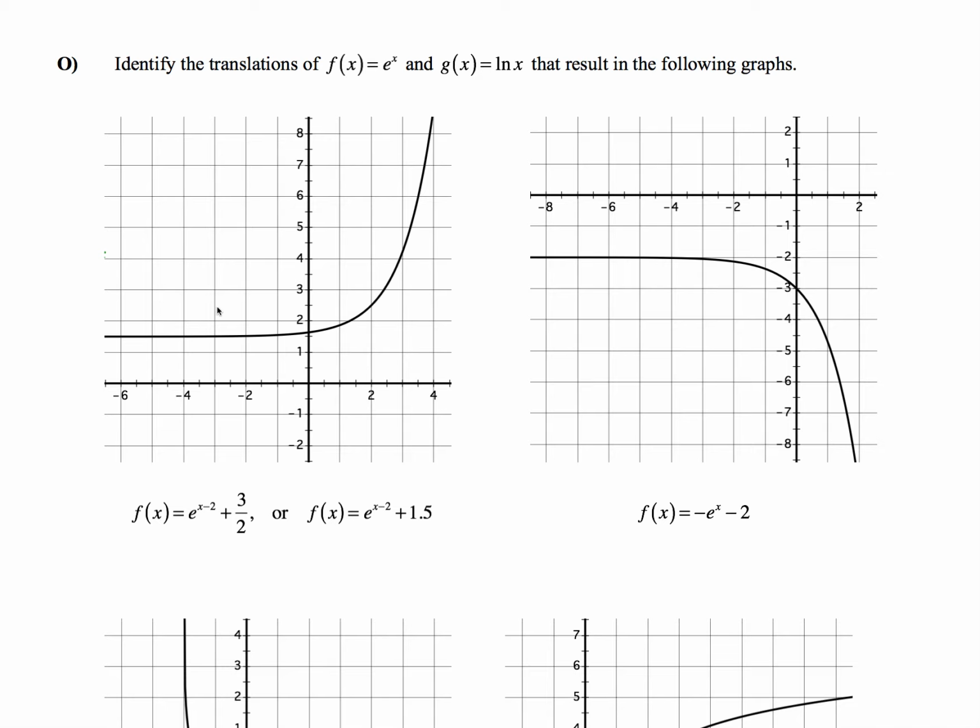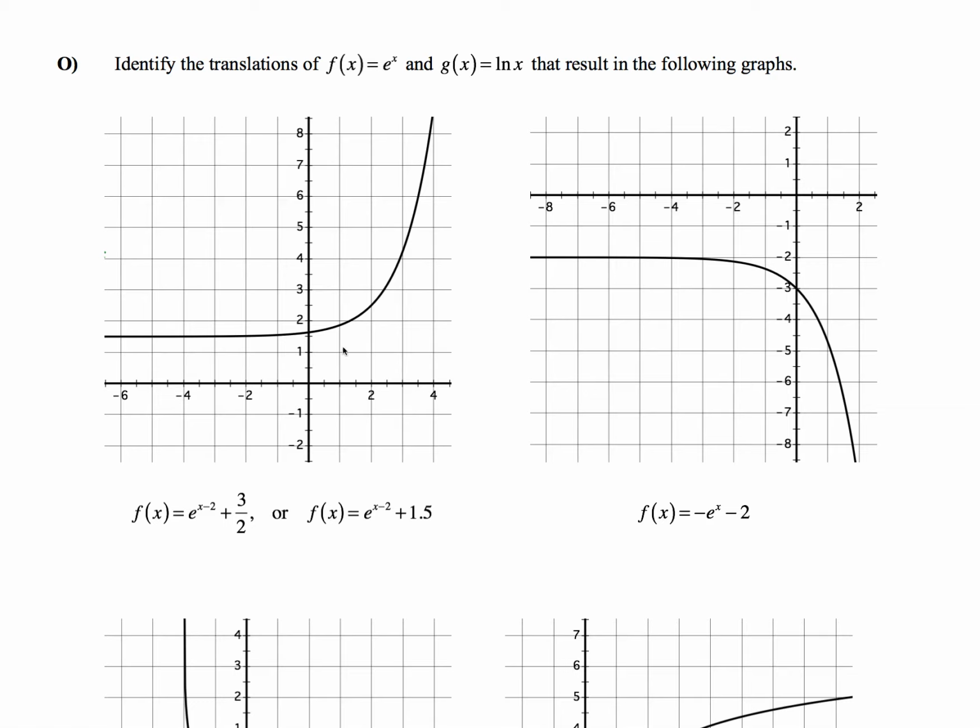So we draw a line parallel to the horizontal asymptote at that level, and where that line intersects the graph is the point that the y-intercept was translated to, shifted to. So that point is 2 for an x value and 5/2 for the y value, and that means that it has been moved up 1.5, and to the right